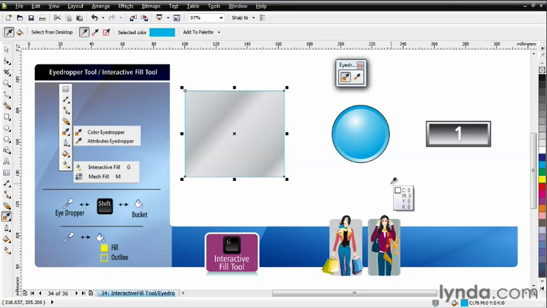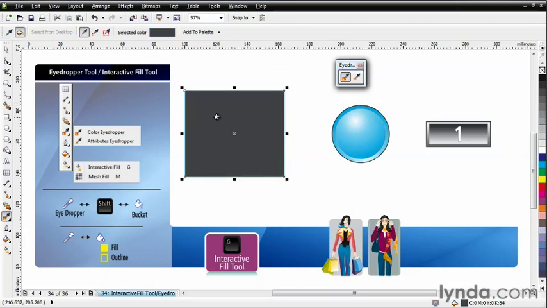Finger on shift again to go back to my eyedropper, or on the property bar, select it. And let's say I click a nice dark grey, click, and I can apply my color there. It's very simple. Finger on shift, click, finger on shift, click, and I can apply. Okay, moving on from there, if I want to use my attributes eyedropper tool, it actually empowers me to do